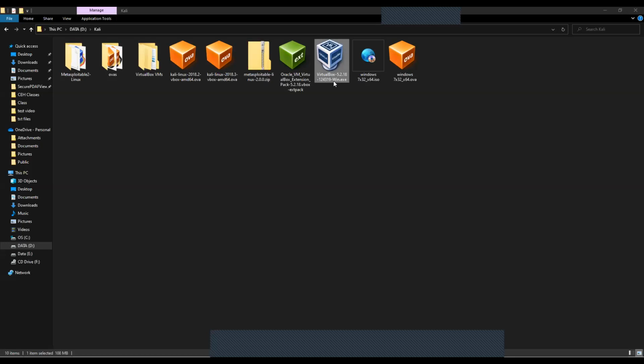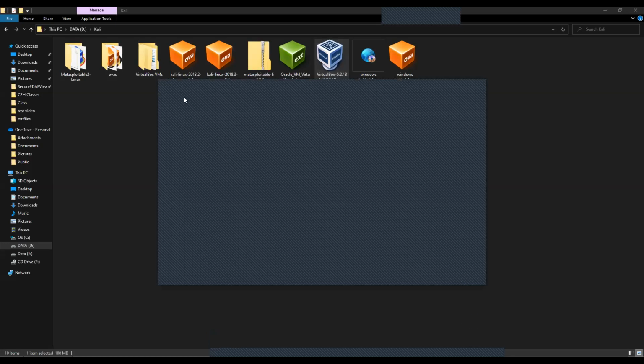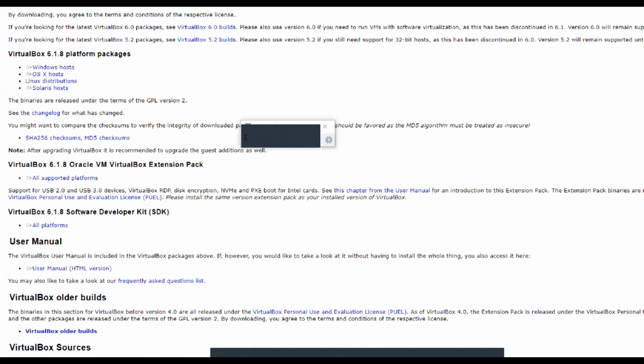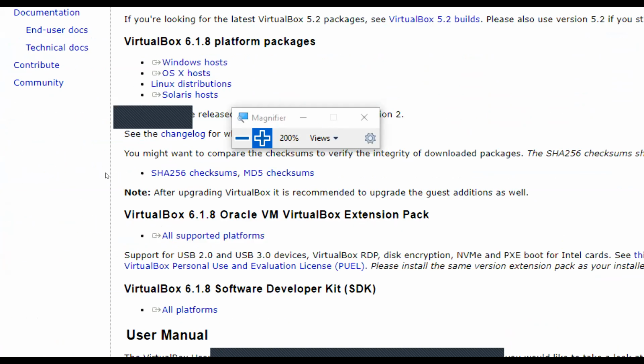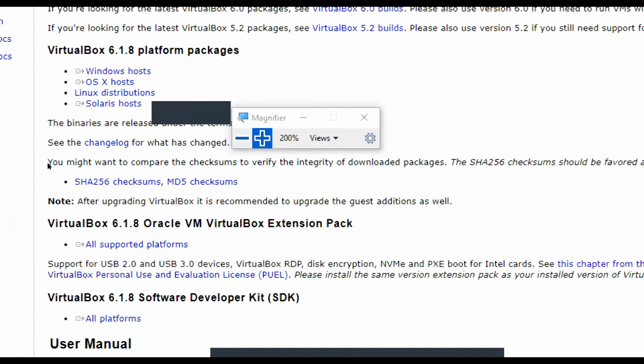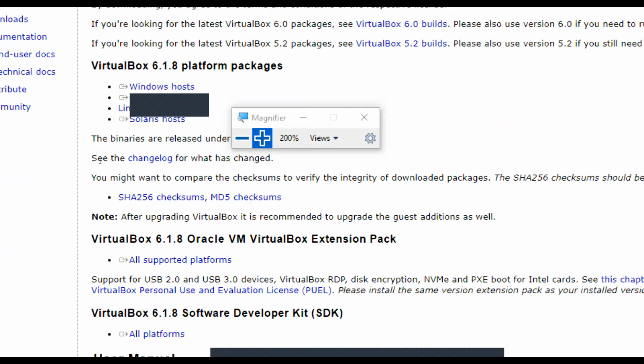After you install VirtualBox, you need to go to VirtualBox again and download something called the extension pack. The extension pack is this one. What is this extension pack needed for? The basic Windows machine that I have here is already using all the USB ports, LAN port, and all the ports connected to this computer. If they should be used by VirtualBox, I need to go with this extension pack over here.